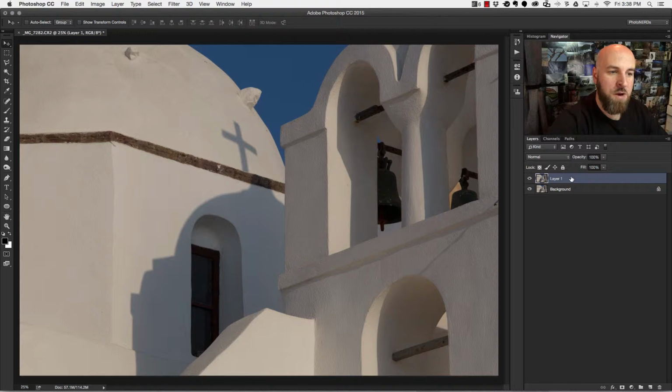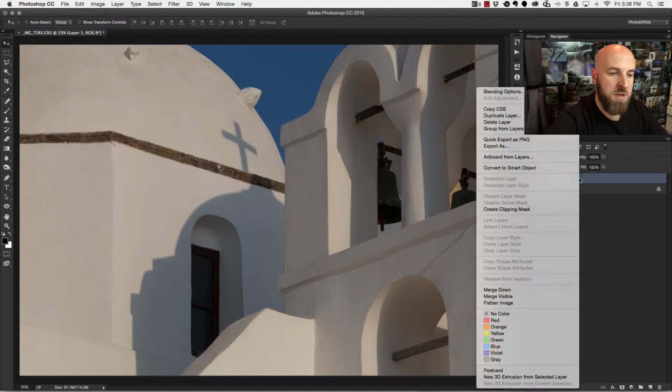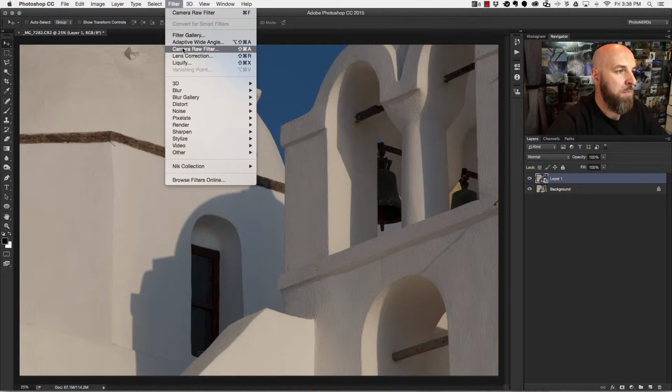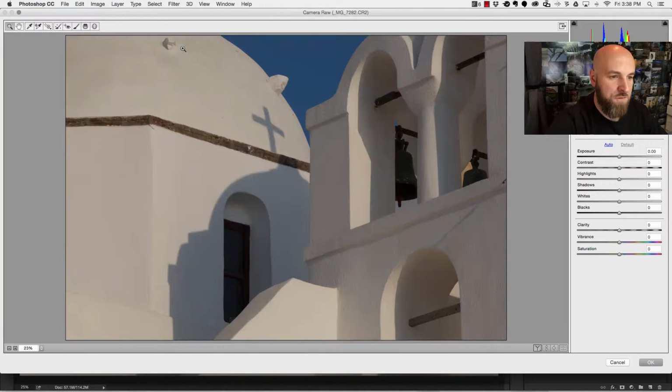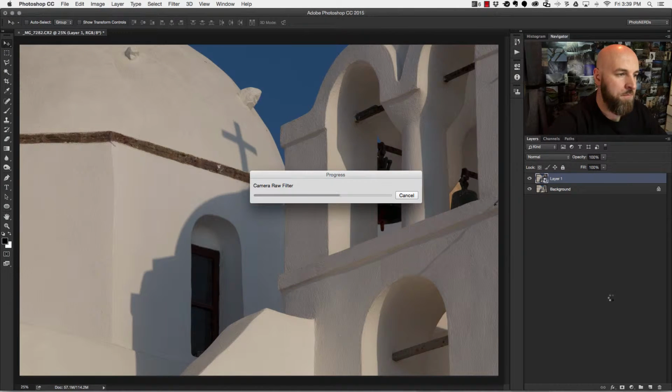And this time what I'm going to do is right click inside of my duplicated layer, just anywhere in the blue, and convert to a smart object. Now, the minute I convert it to a smart object, I've opened up the door to a ton of possibilities. Let me give you an example of what I mean. So if I go back to Filter, back to Camera Raw Filter, and I make that same adjustment that I made before, using the highlight slider and taking it down to a negative 100% and clicking OK,